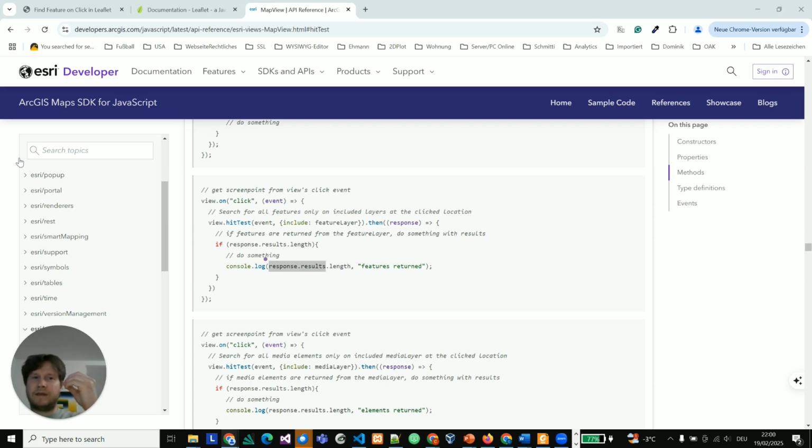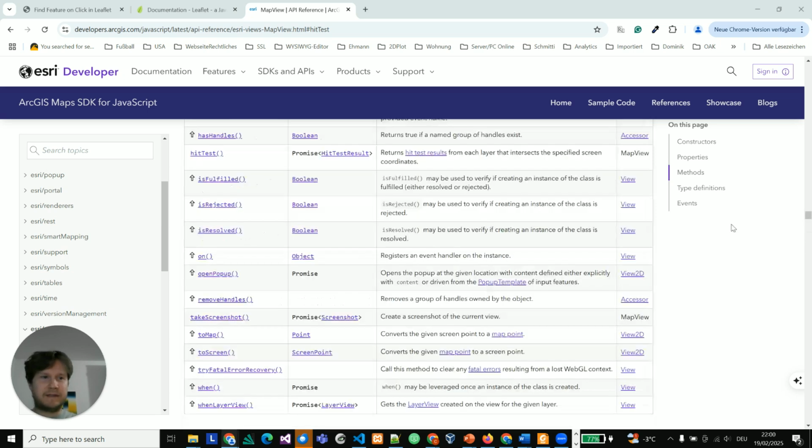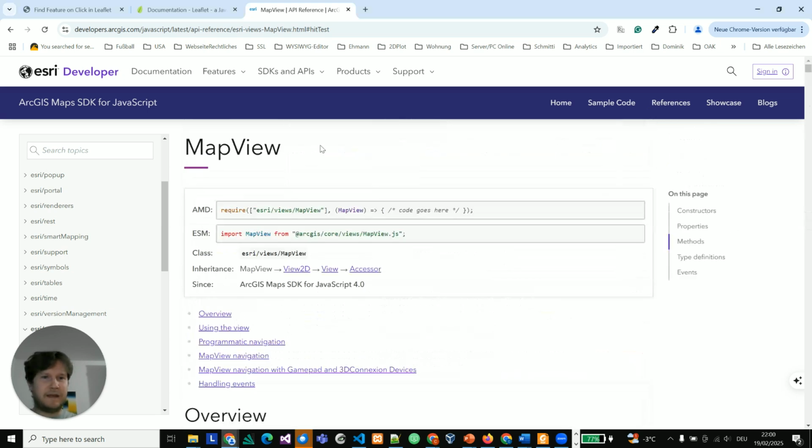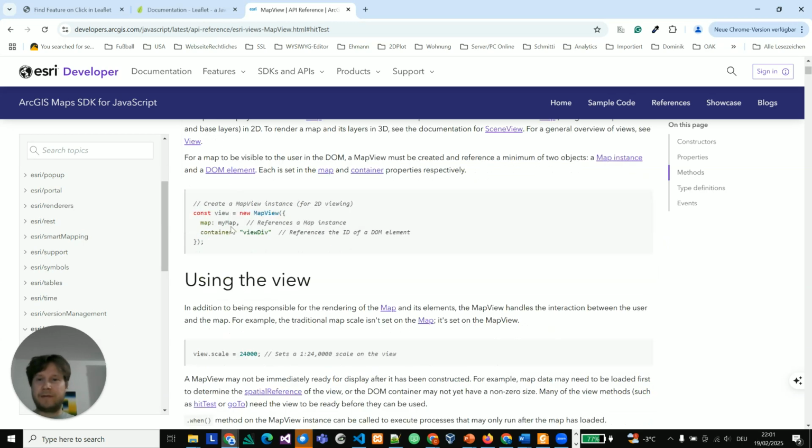All right, and I wanted to also show you how to do this with other APIs or WebGIS libraries, like in the ArcGIS Maps SDK for JavaScript. So usually there you will use the hit test. Okay, you can find this here. Wait a second, in the map view. The map view, hope you remember, or if you have worked with this one, this is usually the view where you see the map inside. Okay,